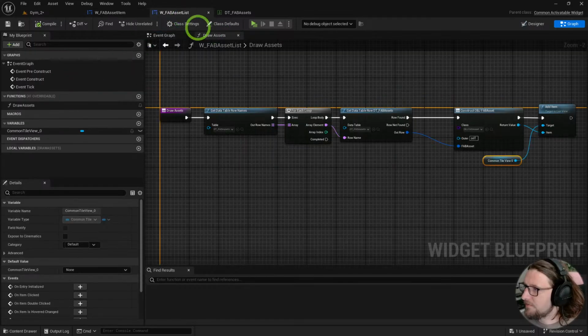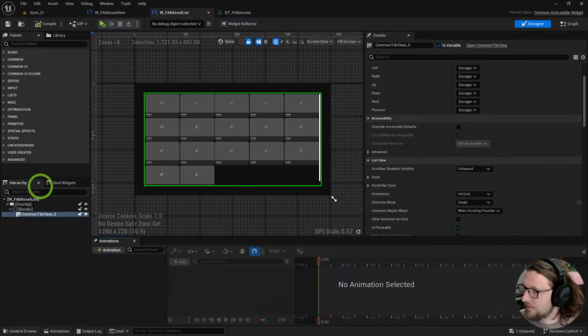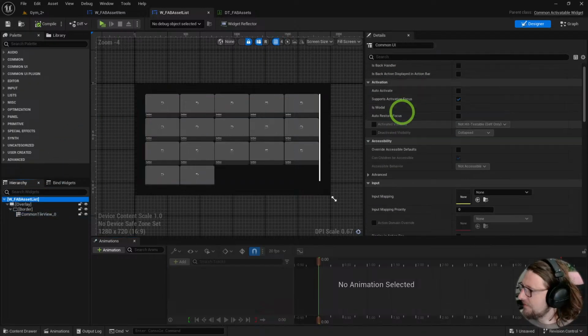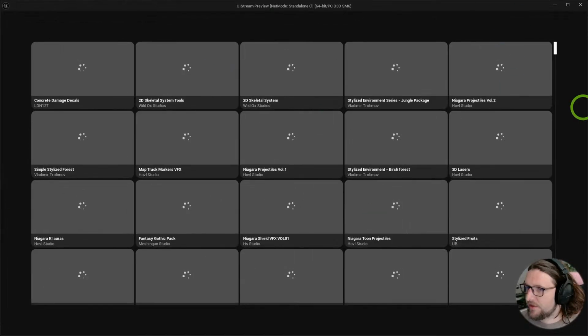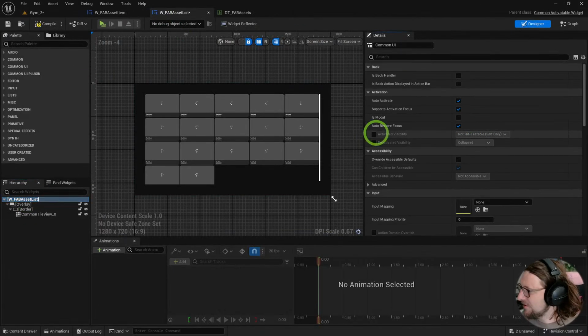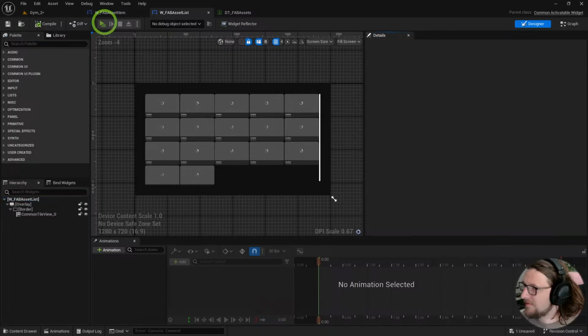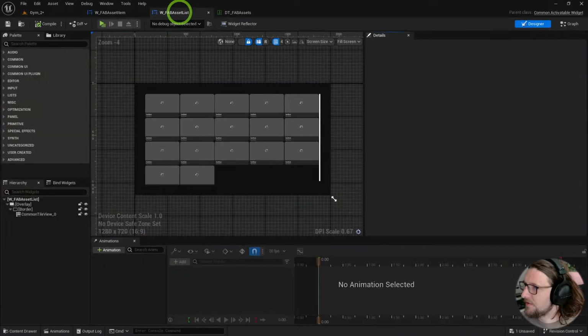One thing that I didn't do on our FAB, it's an activatable widget, right? But I didn't set this widget to auto-activate. So let's auto-activate this, which means that my mouse should be shown. Should be shown, he says. Auto restore focus. Now please have my mouse. Maybe what we need to do is